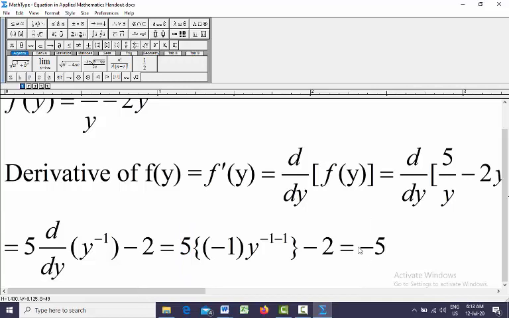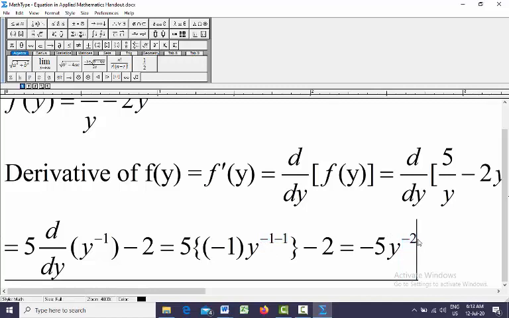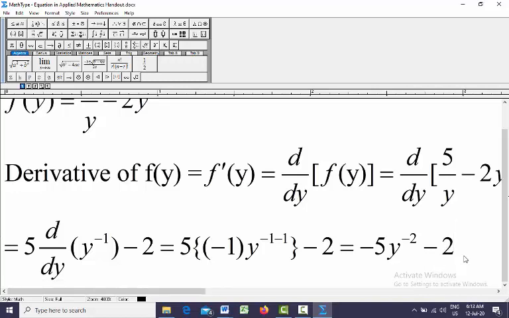So minus 5, and then here what we get, we get minus 2, because here minus 1, that means we get minus 2, power minus 2, and here we had minus 2 before, right? So you can keep it like this way. This is the answer. But in the question